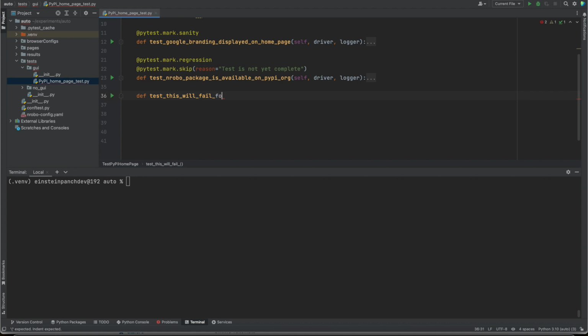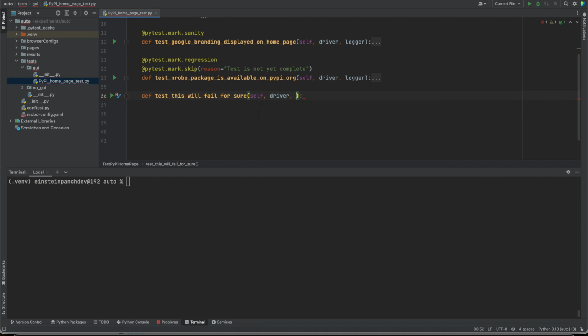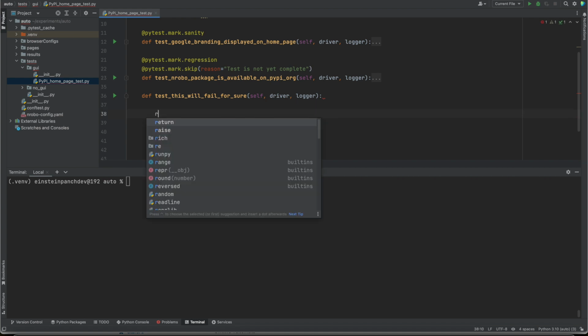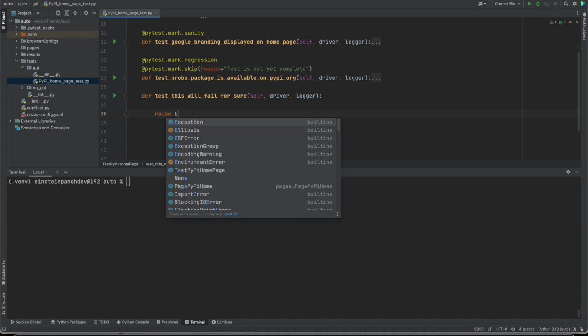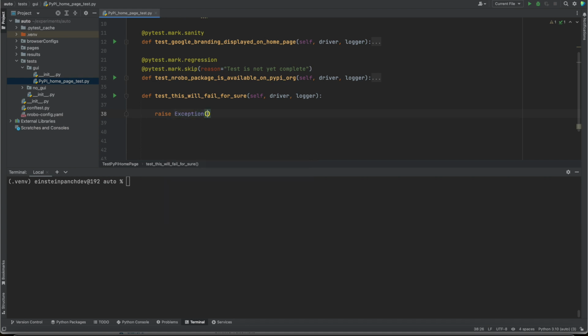So let's create a test. This will fail for sure, and then pass in driver and logger reference that will be provided by nRoBo automatically through driver and logger fixture. So in order to make this test fail always, we are going to raise a manual exception that is must fail, and let's mark this test as